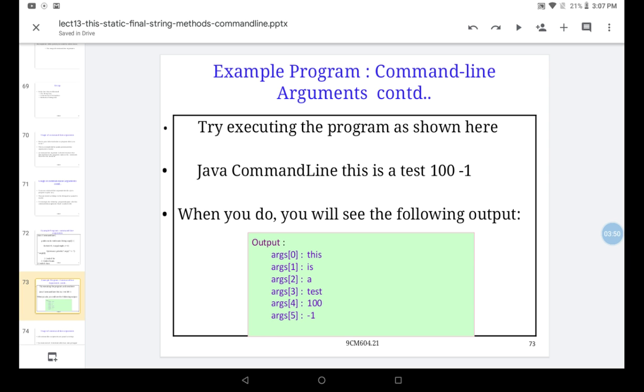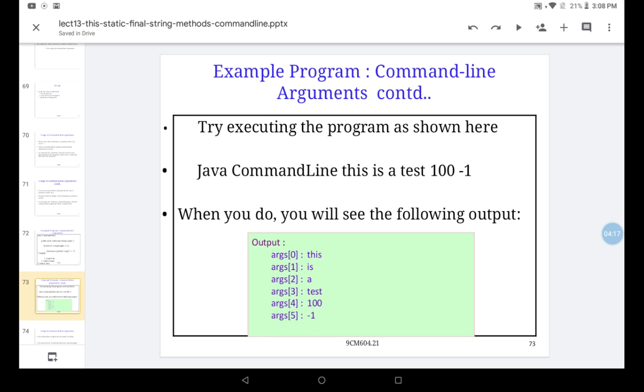So if we execute that program, what do we have to give? As we have seen in the previous slides on how to pass arguments to the main program, while running the Java program we write java, then the class name.